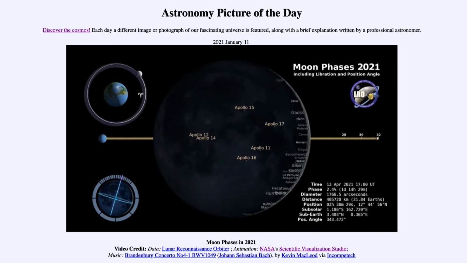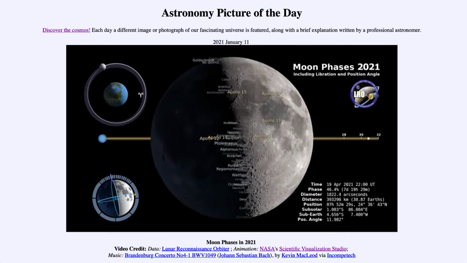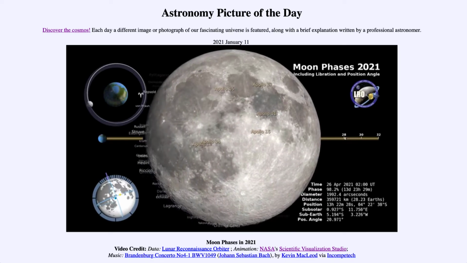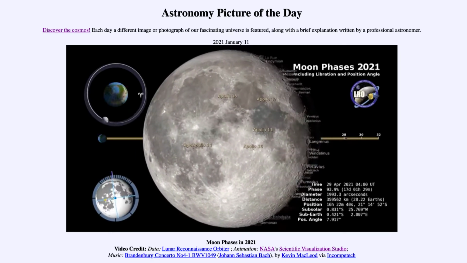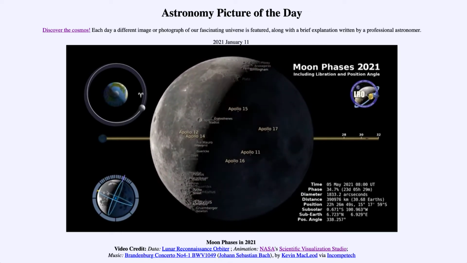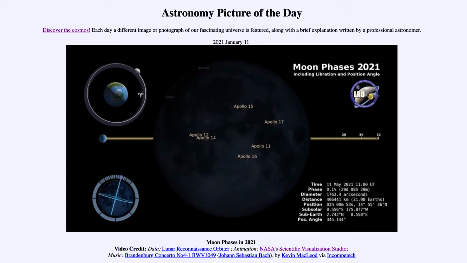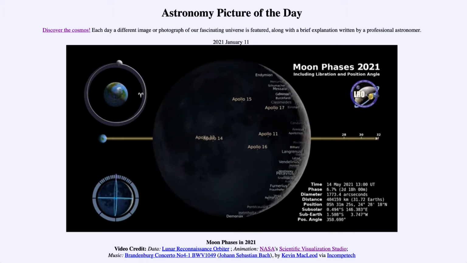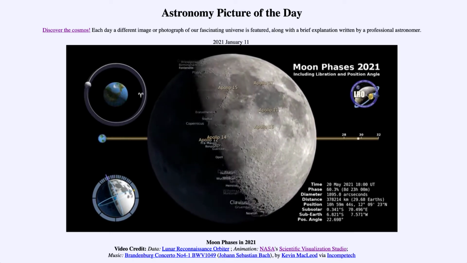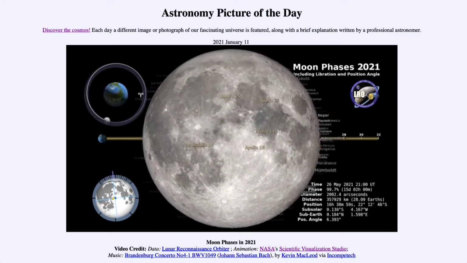And if you watch the moon, which in mid-April will be very far away from the Earth, it gets very small. And then as we go towards the end of April, it will look much larger. So sometimes we call this, when we get a full moon near the time of perigee, which would be when the moon is at its closest, a supermoon, when the moon looks a lot larger. However, you really would not notice this if you are just looking at the moon. If you just go out and look at the moon, you're not generally going to notice that it's a lot larger or a lot smaller.